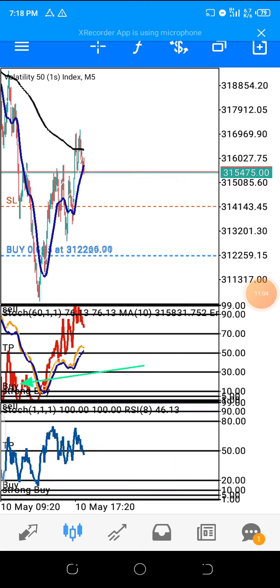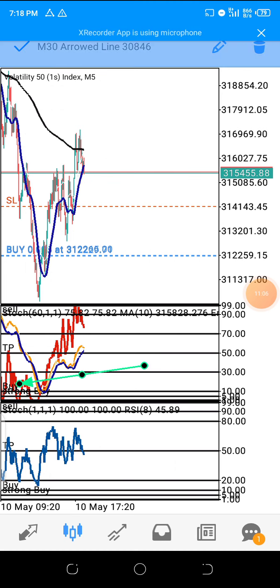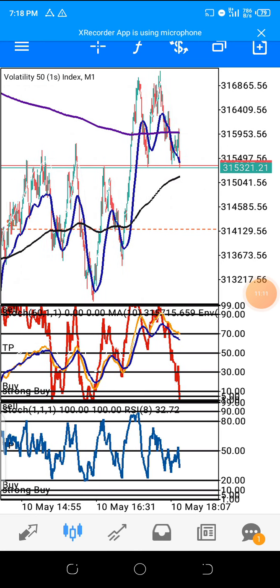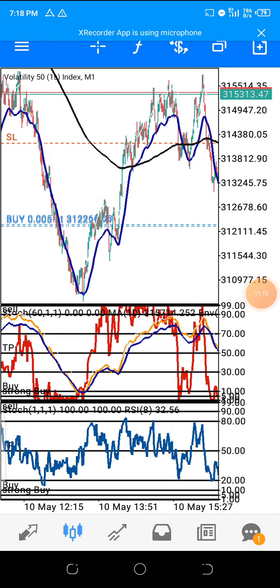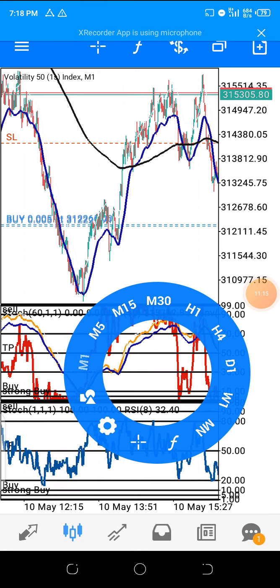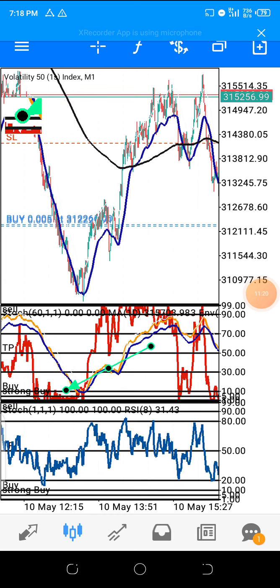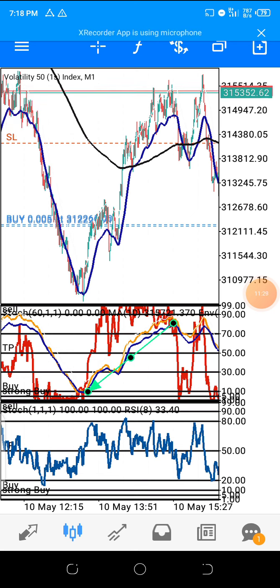Please, this is very long here. I'm going to remove this. Okay, then you come to M1, like this trade. This M1 is what you use to make your entry. All right, this is where I pick this trade, this M1. M1 must be here. Then watch the M1 closely. Once you are seeing the M1 is touching 10, that is where you are going to